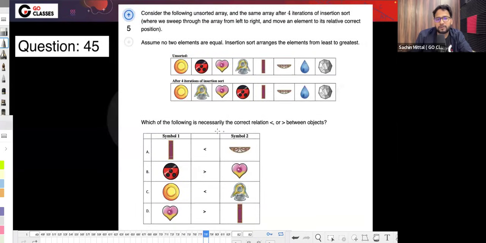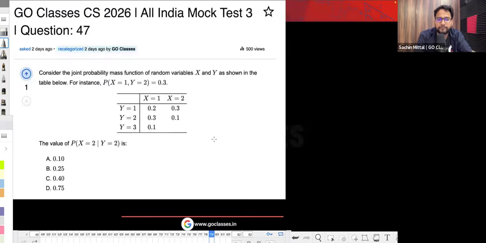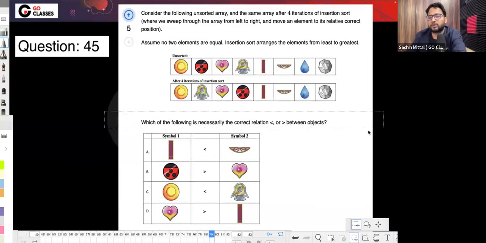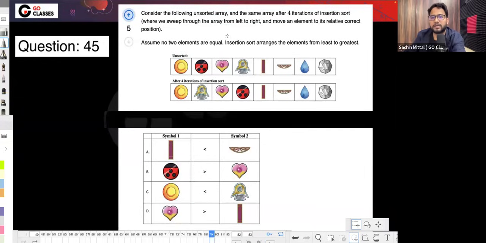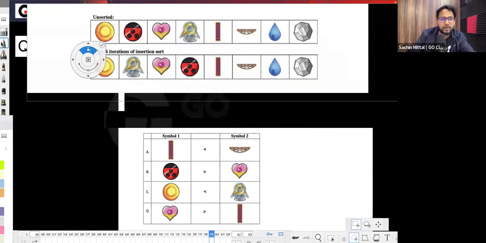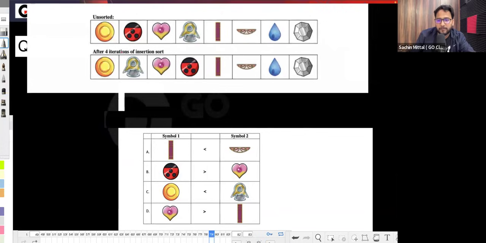Let's now see this question. I think this question was an easy one, but still let's see this. In this question they are saying that you have applied insertion sort, and the four iterations are over. So in insertion sort, what happens in one iteration? In one iteration, you will basically settle